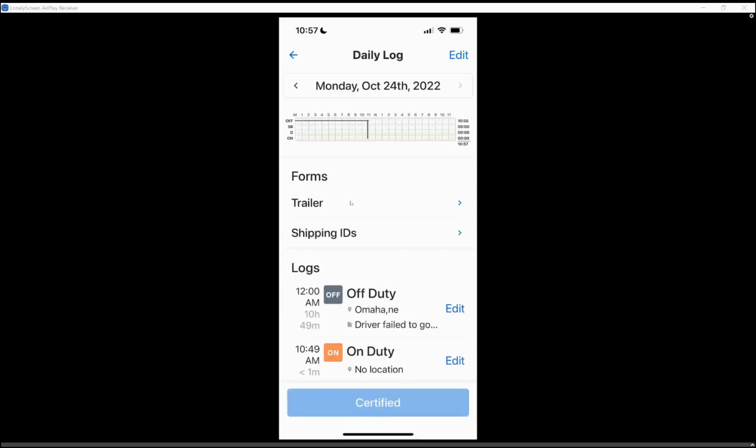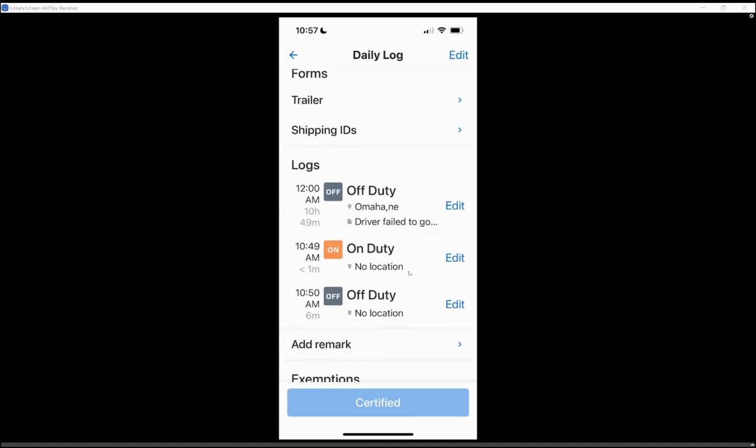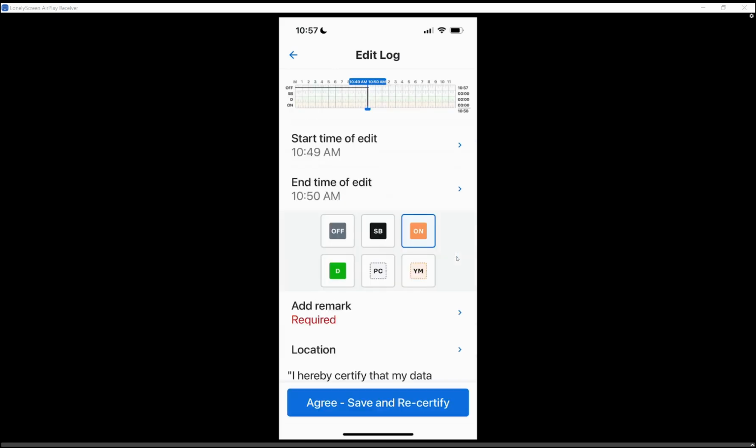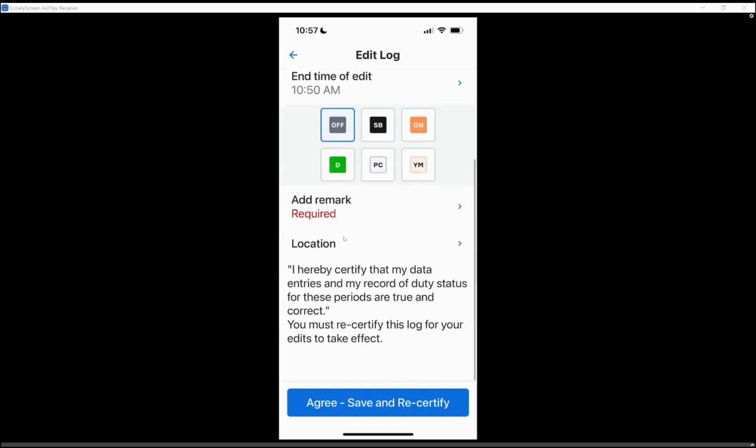Scroll down to where it says log. Okay. Open up today's log, and you can see where I've been off duty until just about 11 a.m., 10:50 here. And then you can see underneath of here, all my duty status changes. Okay. So at 10:49, I have an on-duty punch, but let's say that shouldn't have been on duty and that actually should have been off duty. If you click on the edit button here, it's going to open up the screen and allow you to change that. Okay. All you need to do is when you're at this screen, click on the off-duty button, scroll down,